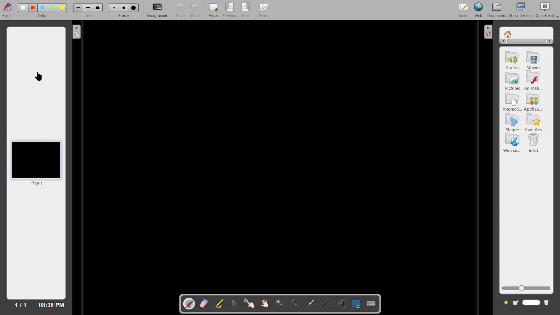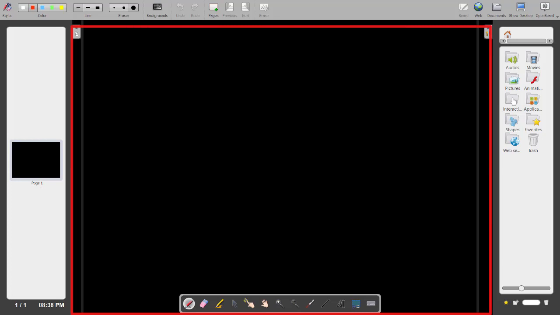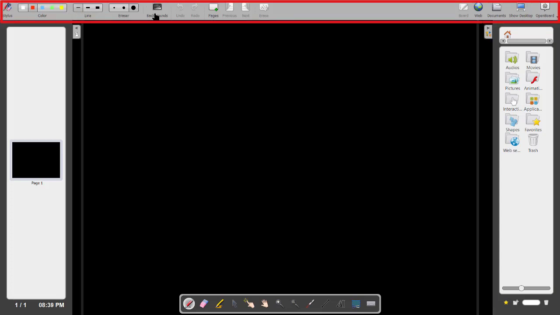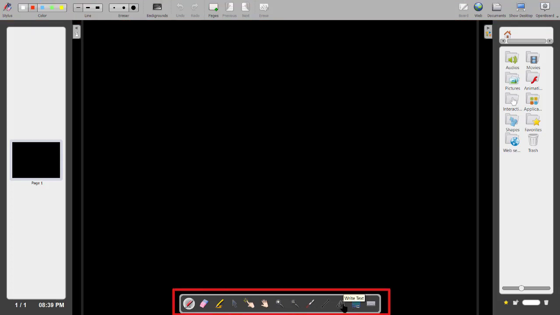We can see all the slides in the left side pane, and in the middle you can see the blackboard, that writing board, and on the right side you can see different types of tools which are very effective for your online teaching. At the top you can see some options, and here also you can see one toolbox. This is the interface of this OpenBoard.